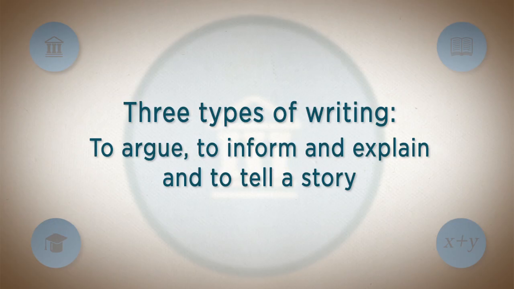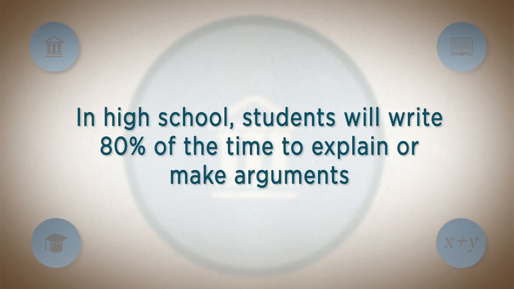The Common Core State Standards ask students to master 3 basic types of writing: writing arguments, writing to inform and explain, and writing narratives. Narrative writing is given early prominence, as it should in elementary school, but it gives way to the other types of writing, what we might call analytical writing, writing to inform and explain, and writing arguments, as students move up the grade. So that by high school, 80% of what students will be writing is to inform or explain or writing arguments, with